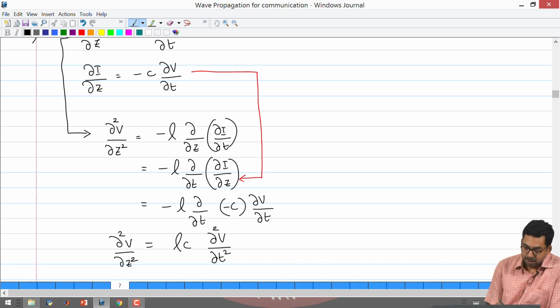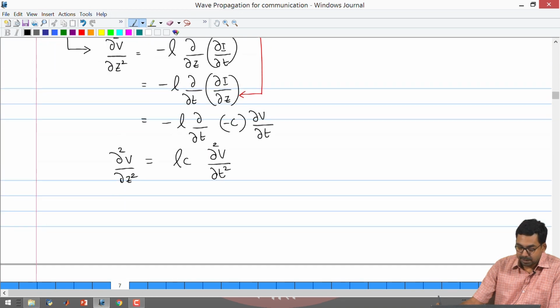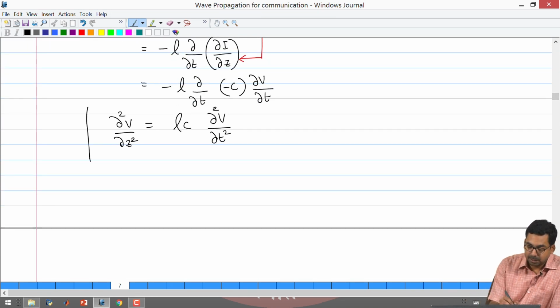Now, the advantage of this equation here is that on the left and on the right hand side you have the same quantity, you just have different derivatives being taken on the left and the right hand side. So, we will see what this can mean in the further classes.